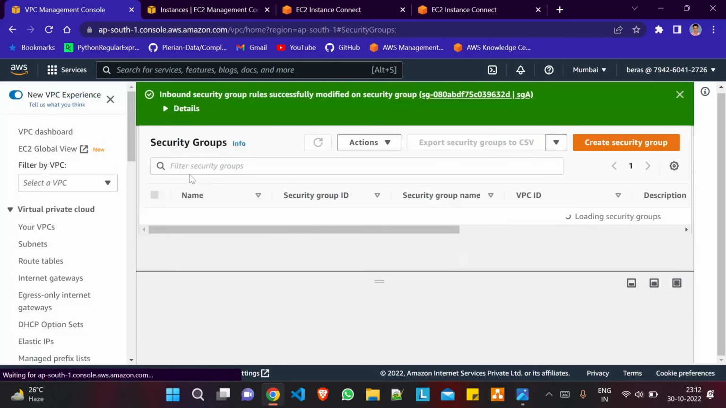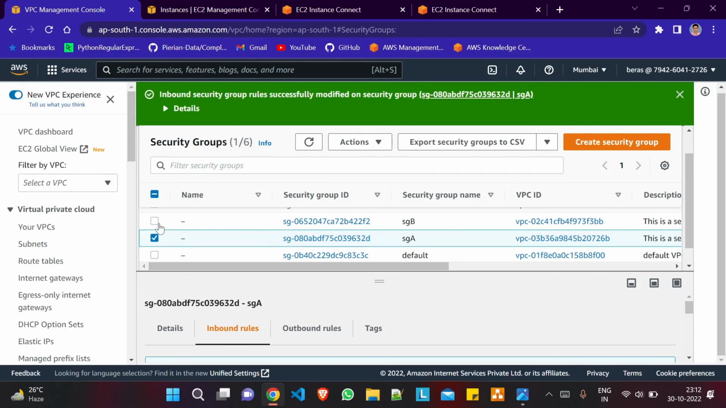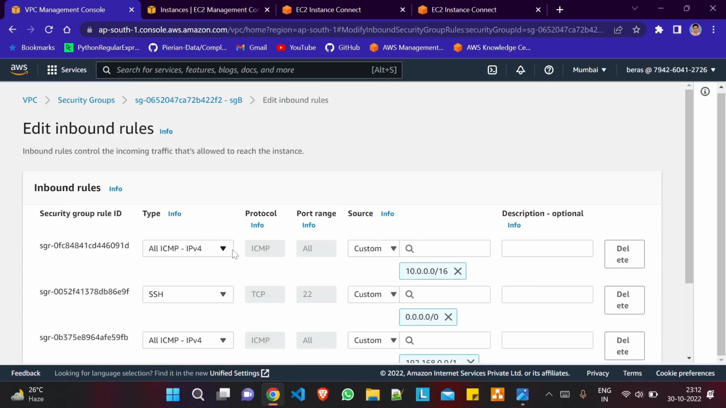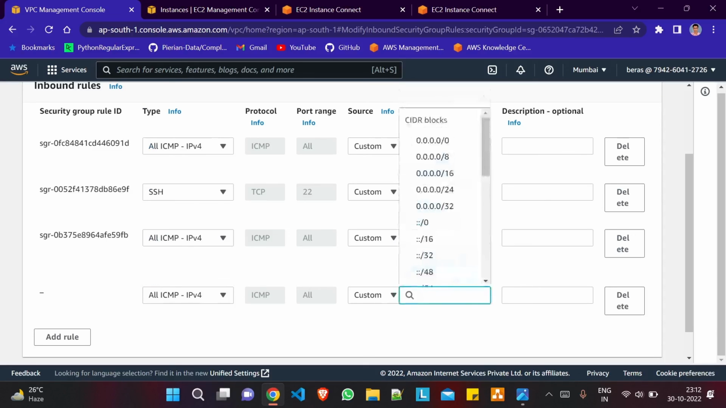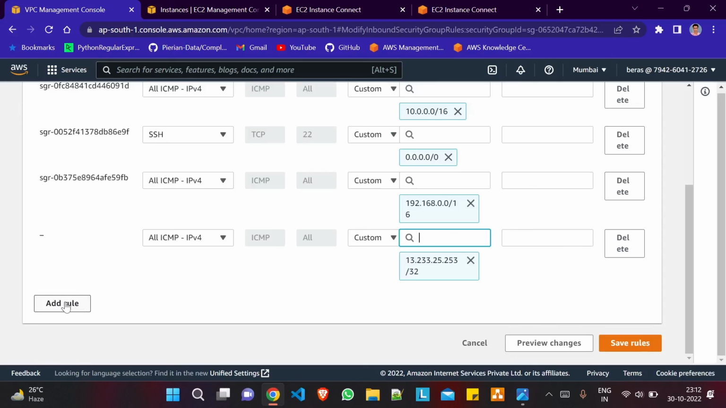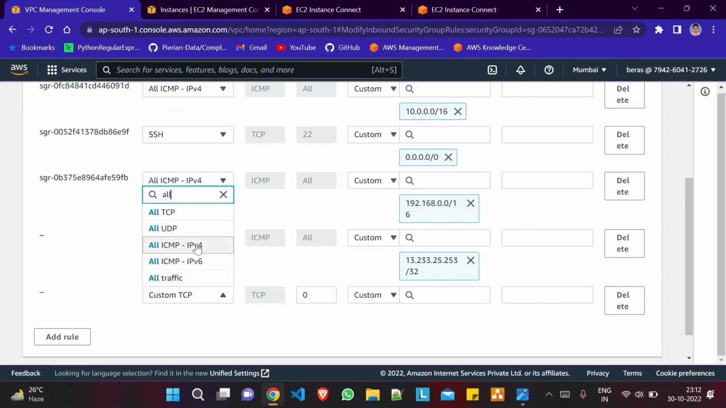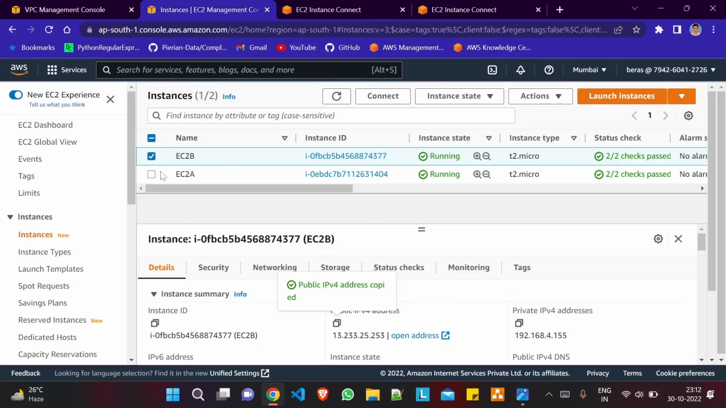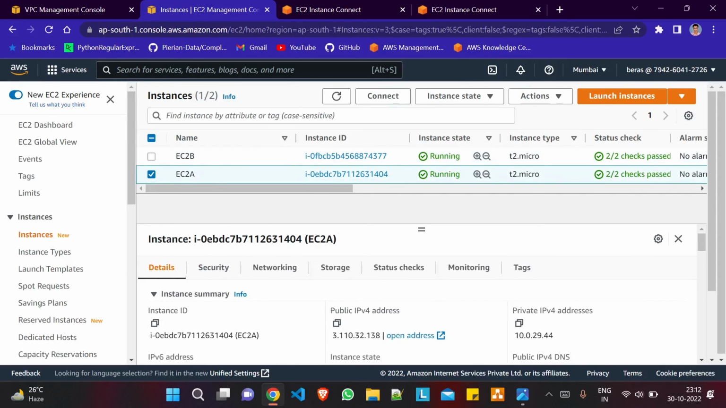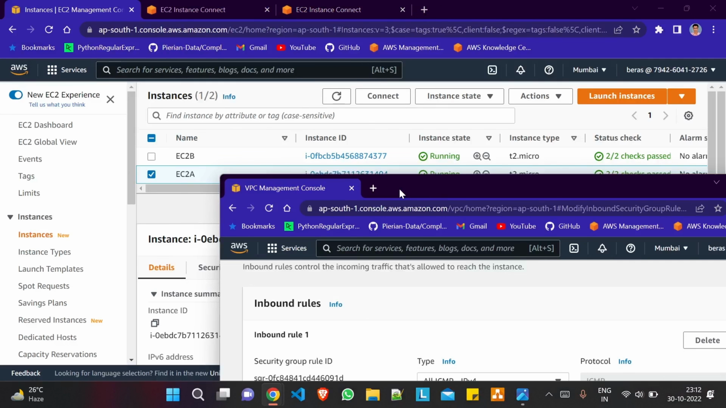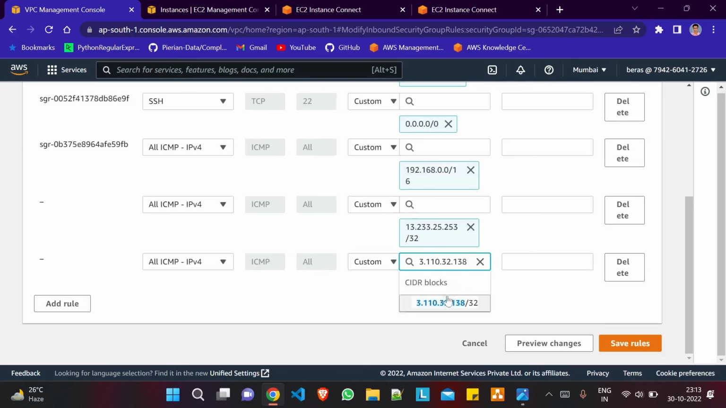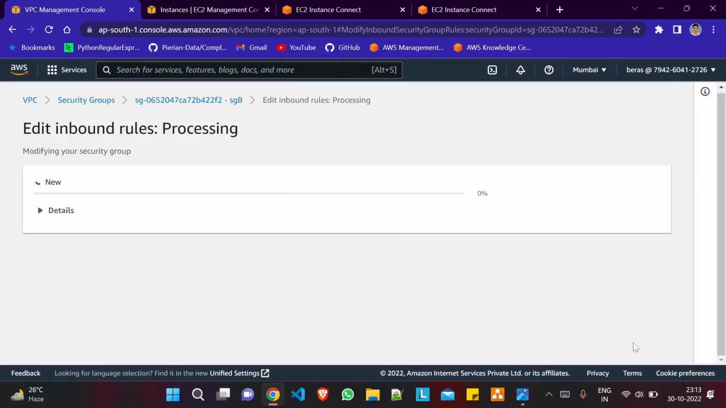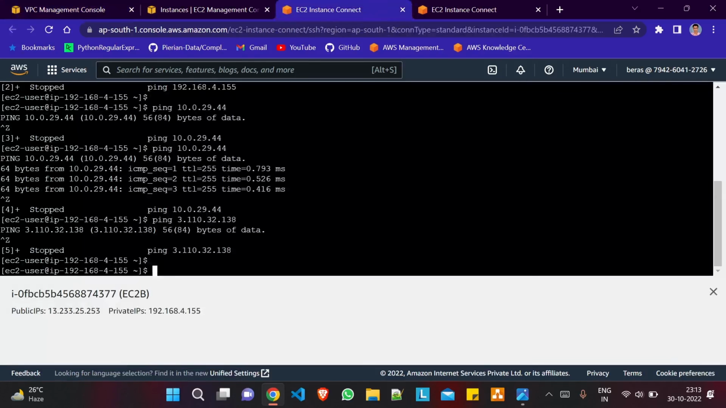Save rules, and I will do the same for SGB also. Inbound rule, edit inbound rules, all ICMP, and I will paste the public IP address of EC2B, and now I will paste the public IP address of EC2A. Okay, let me paste this. Save rules. Okay, now if we check,